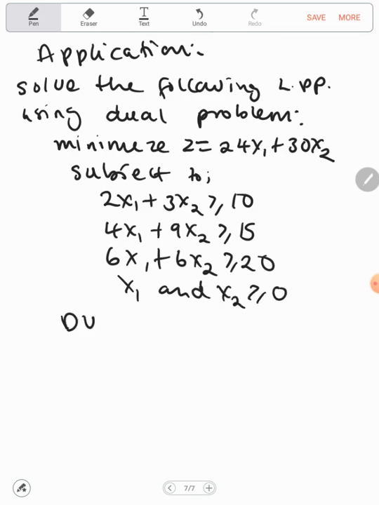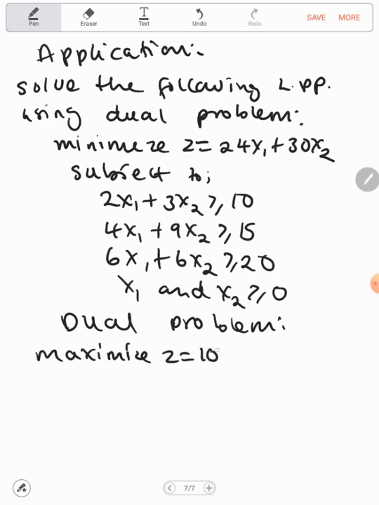So you have to form the dual problem. That's the first step. Form the dual problem. This will become a maximization problem. To maximize z equal to, you can see that we have 3 decision variables, so the number of values in the objective function will be 3. We have 10y1 plus 15y2 plus 20y3. These will be subject to